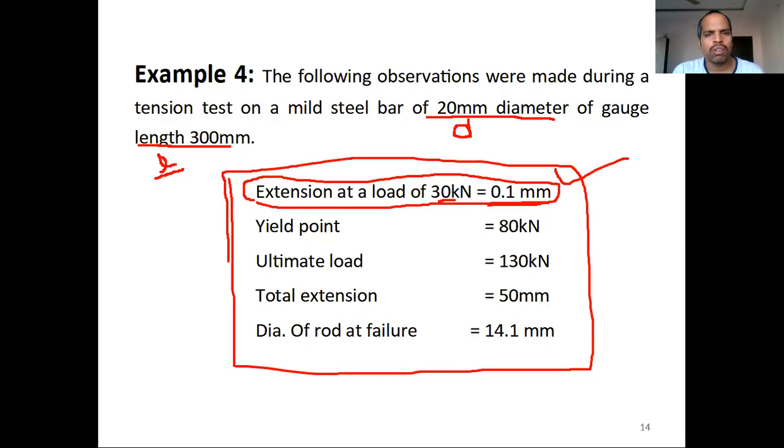Right? Young's modulus is equal to, from Hooke's law, stress by strain. Of course, Hooke's law says stress is proportional to strain. So to remove the proportionality constant, we put in a term that is Young's modulus. So Young's modulus is equal to stress by strain. Stress we have already calculated, that is P by A, divided by strain, which is delta L by L. So from that, calculate the stress and strain.